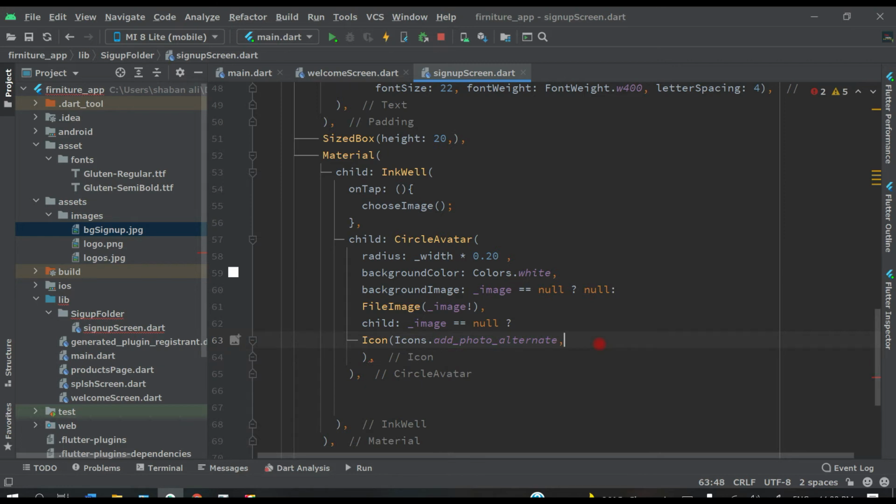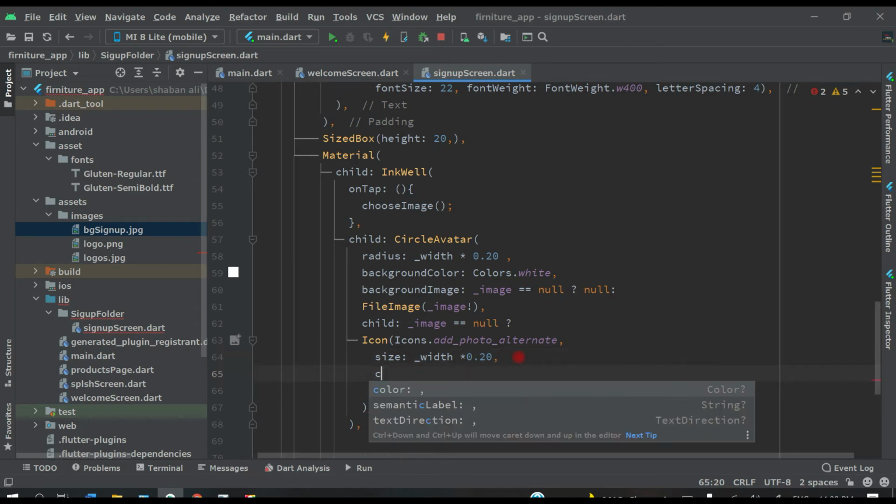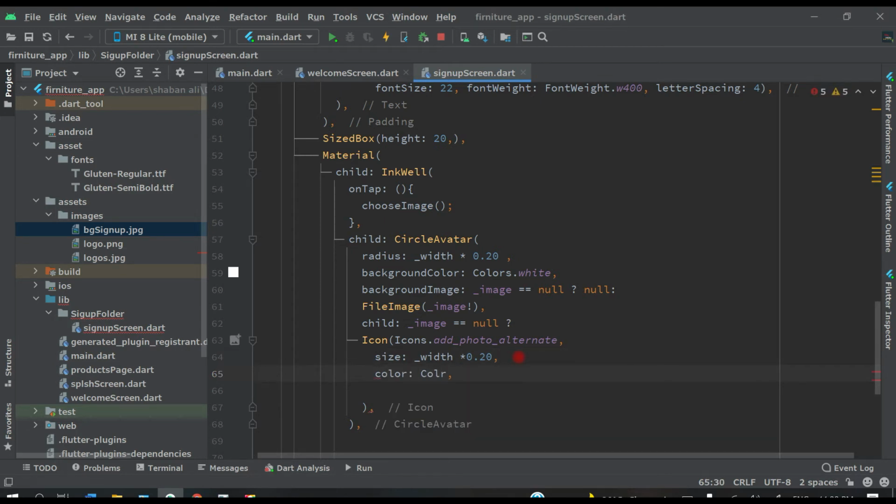And then, comma, size will be _width, width multiplied by 0.20, color will be Colors.white.